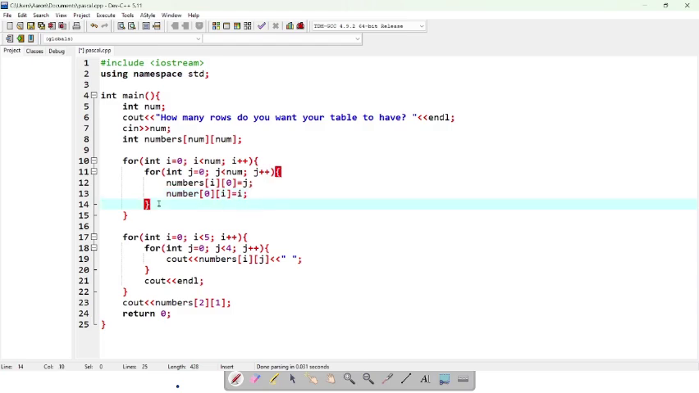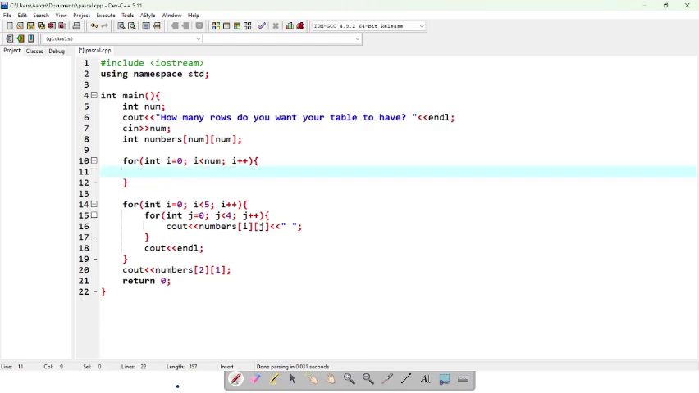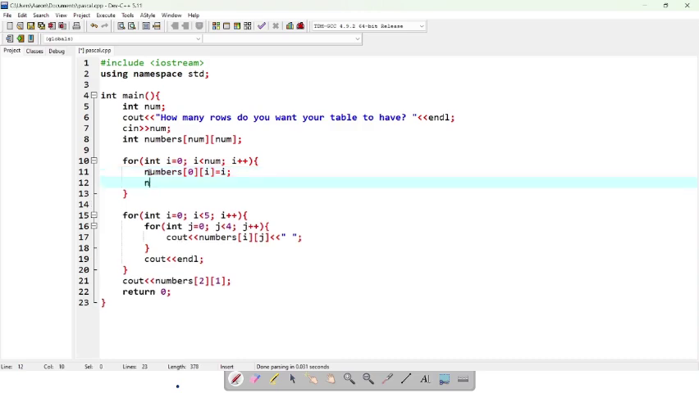Now I can just use the one for loop because I'm going to be doing redundant calculations. So I'm just going to say numbers at 0, I. That's the first row. That's going to be I, and then numbers at 0,